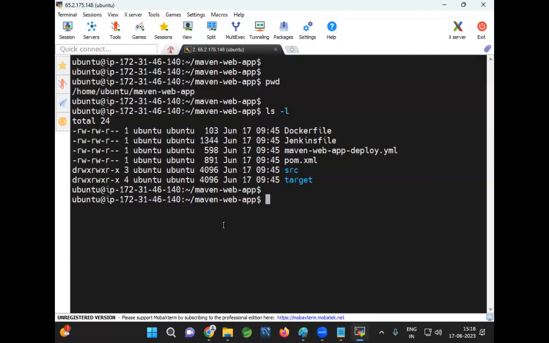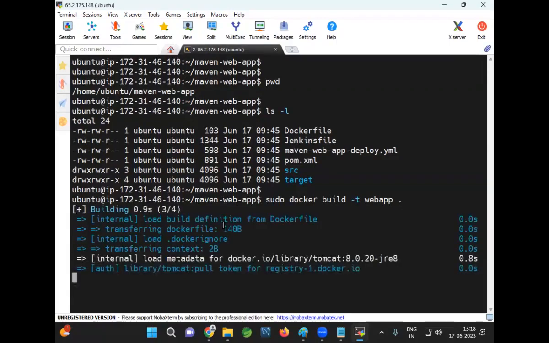How to build a Docker image? Come on, what is the command to build the Docker image? sudo docker build -t image name. I'm taking image name as web app. You can give any name for the image. I'm giving the image name as webapp space dot. Why dot? Current working directory. Execute. Now you see,